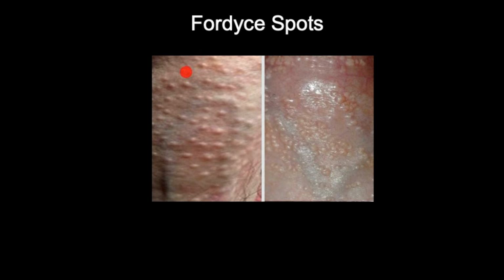So here again you can see this clustering here, and also again in this image you can see them, and this is the shaft of the penis with glans penis here. So they're small, usually 1 to 5 millimeters, slightly elevated, and they can be yellowish or white papules that appear on the inside of the cheeks, the mucosal border of the lips, the glans or shaft of the penis, as well as the vulva and the vagina of the female.